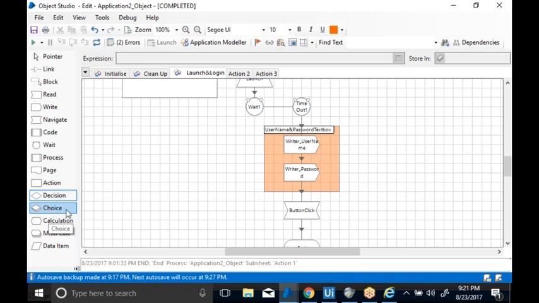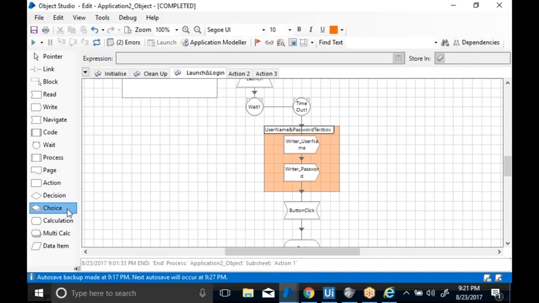Now again the choice. When it comes to the choice, the decision is like you can just put one condition. Now if you want to put multiple conditions, you can use the choice, which is nothing but like a switch statement.